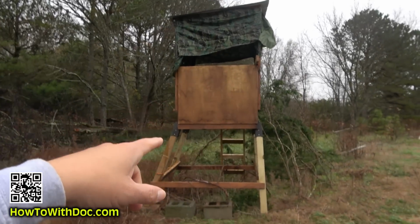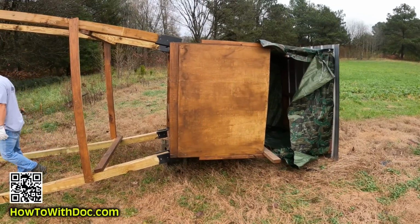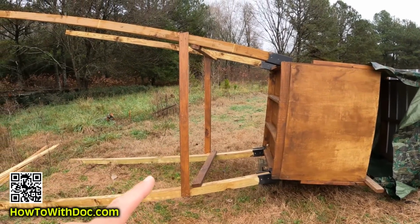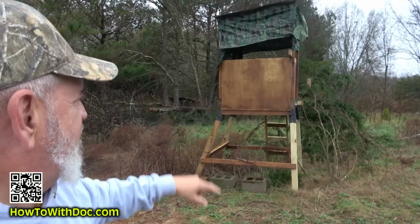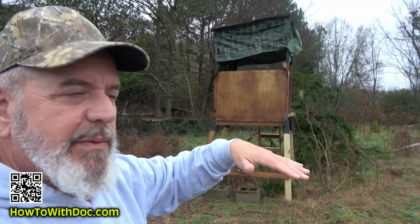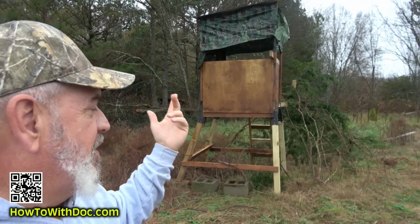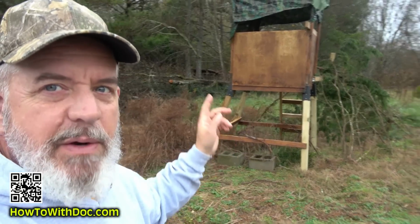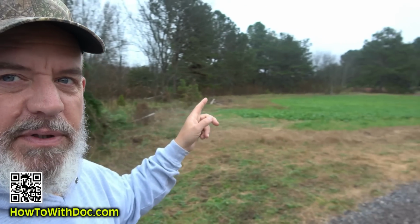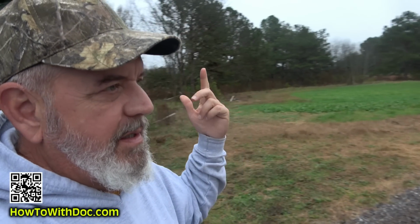We came over here, and we tried to put 12-foot legs on this, and let me tell you what, because of the way that these metal brackets are angled, there was no way. We had the winch hooked up to this thing, and it's not built all that well. So anyways, we cut those down to 48-inch legs. So now we've got a stand here that completely overlooks all this upper field area,